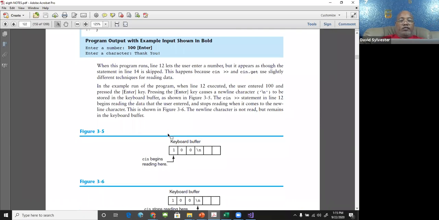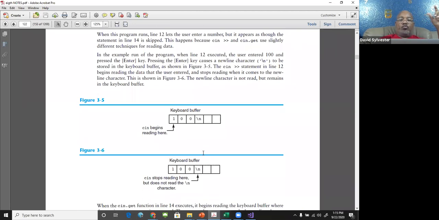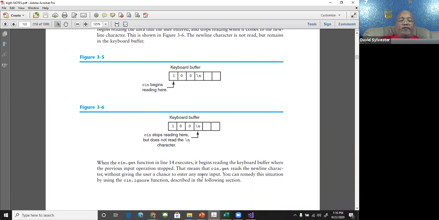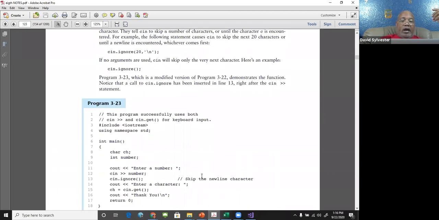And all it's doing is telling you right here why that is. You read in this number, but you have to hit the enter key. The enter key is like a new line, right? So that new line character is still in the keyboard buffer. So when you go to read the next value that you want to type in from the keyboard, it says, wait a minute, there's still information in the buffer. So this must be what you intend on inputting into the system. So it's going to take this new line and place it into that value. And that's why what happens is, look,